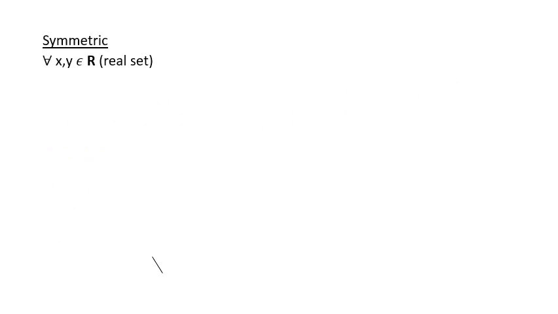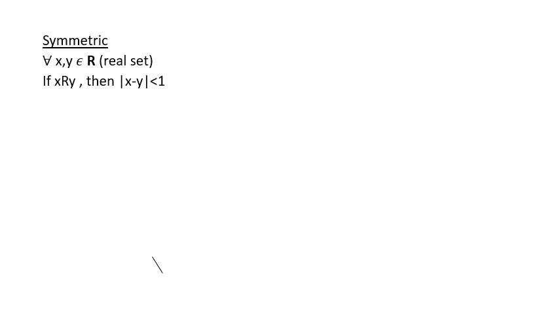And what about symmetric? For every x, y element of R, which is a real set, if x related to y, then modulus x minus y is also less than 1. That is, if we could take 3 minus 3, or if you are able to take 1 minus 1 by 2, modulus 1 minus 1 by 2, the answer is 1 by 2, which is less than 1. Okay, so we can also take 1 by 2 and 1, that is 1 by 2 minus 1, which is minus 1 by 2, which is also less than 1. So symmetric also holds in this relation.